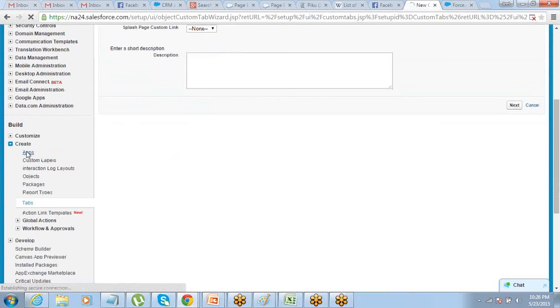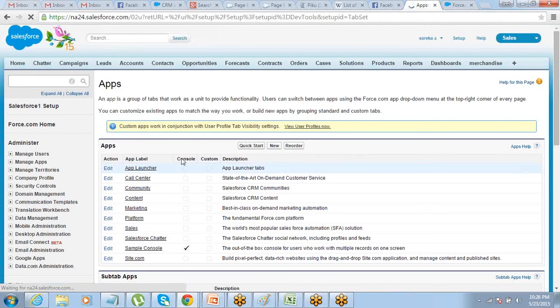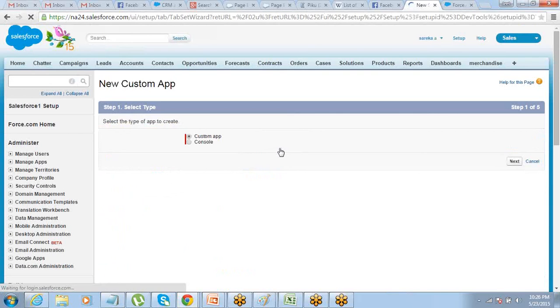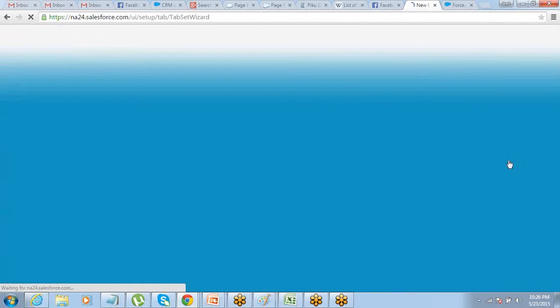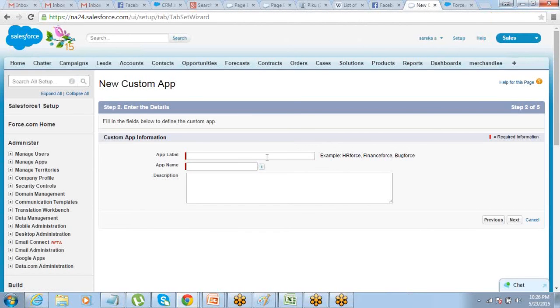Just go to setup, create apps, click on new, custom app. Make sure that you're selecting custom app. We'll talk about console later. Put a label and name for the app. So call it warehouse.